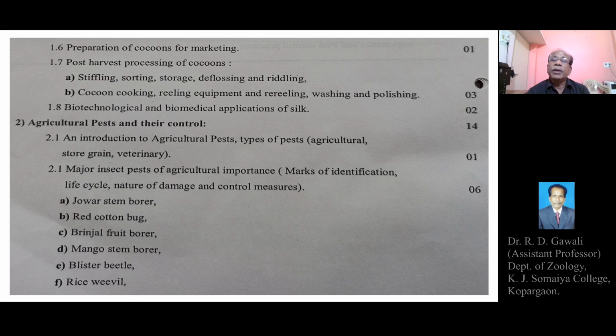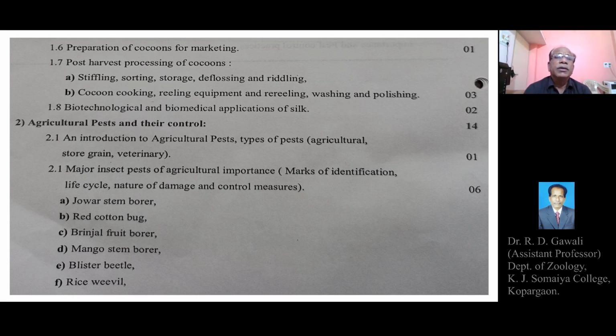Due to killing of the pupa inside, the cocoon will remain intact, and we can get a continuous thread of silk of about 500-meter length, and that is a continuous silk thread which can be reeled mechanically by using machinery, and that's why stippling, or drying the cocoon completely to kill the pupa inside, is a very essential step in the post harvest processing.